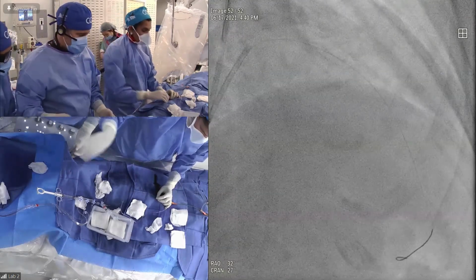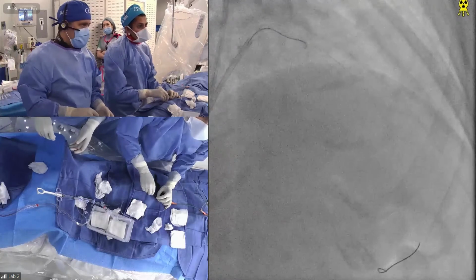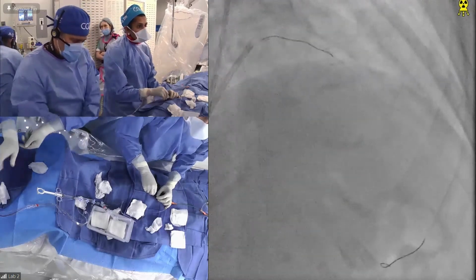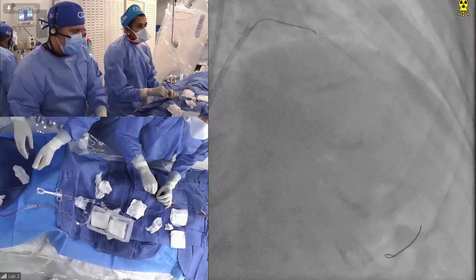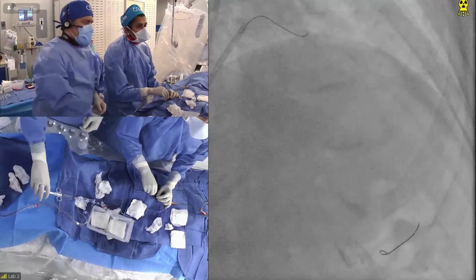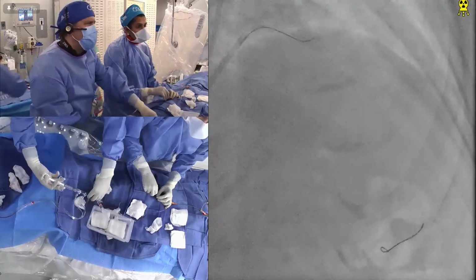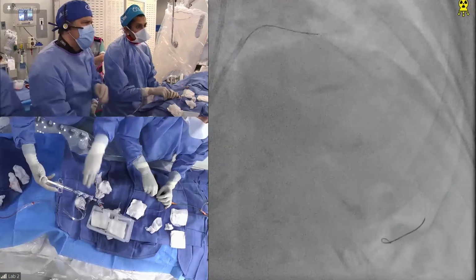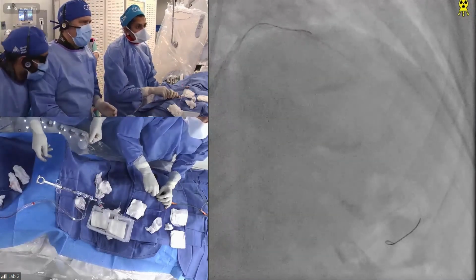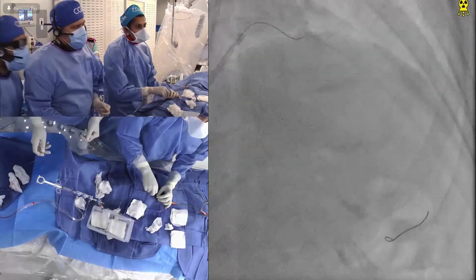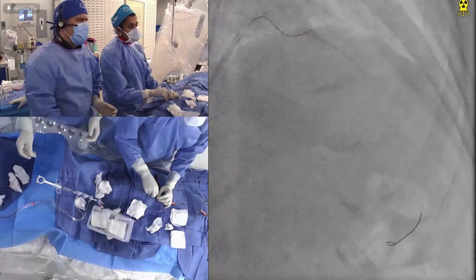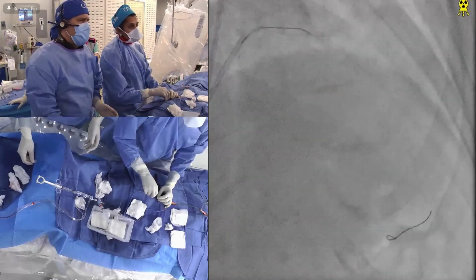So the whole claim of the double crush is that recrossing is much easier. That's the whole claim. And I was proving that in the first DK crush. But this whole DK crush has to be revisited, I think, with another good study. I agree. My own experience in our lab, when we started to do the DK crush, we started to see a lot of restenosis. And we followed all the steps. So I always question this. We have to have another study to confirm.